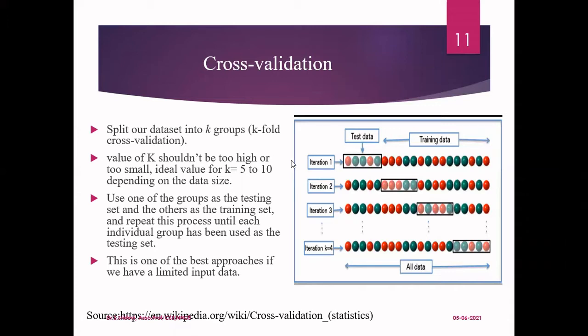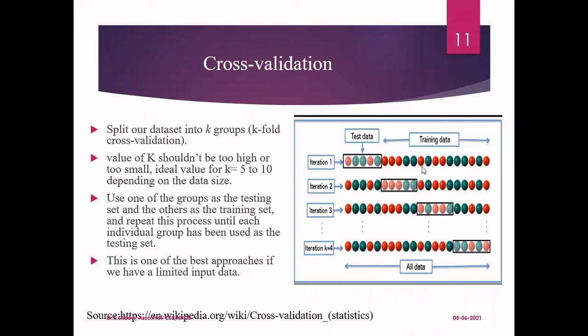For example, in iteration number 1, you will use the first 5 samples as the test data and the remaining 15 samples as the training data. So your model is going to learn from this training data and it will find the accuracy by fitting the model with this test data. Okay, that is the first iteration. And in the second iteration, you're going to change your testing data and training data. But the data is only from those 20 samples. You will use the second 5 samples as the test data and the remaining 15 as the training data.